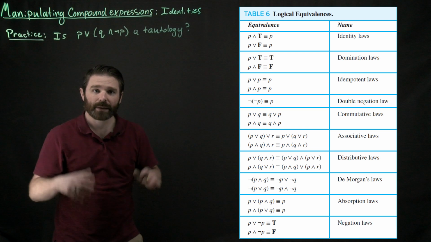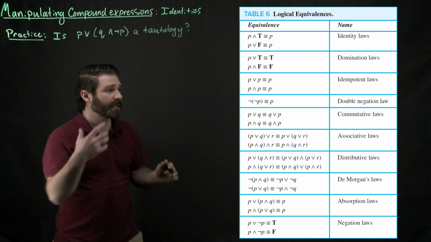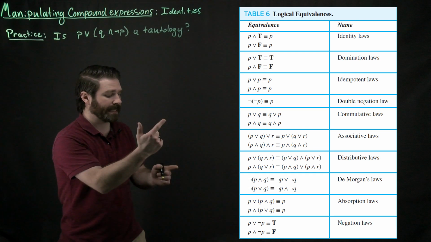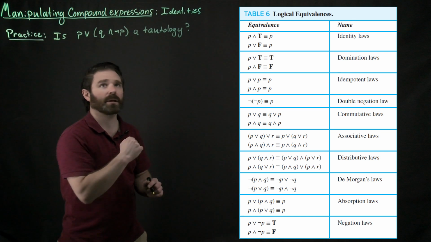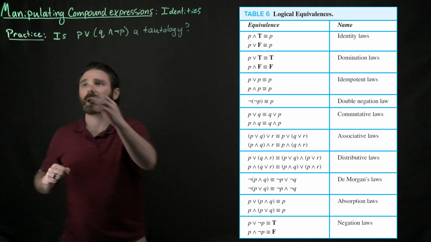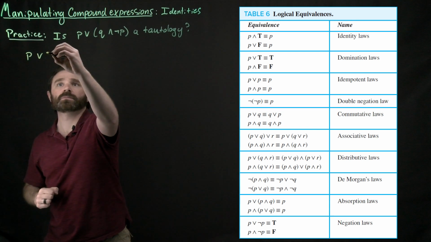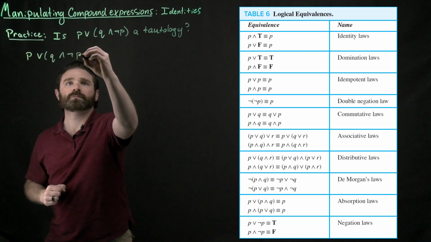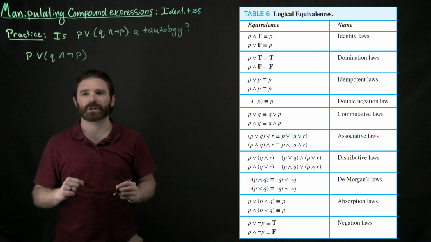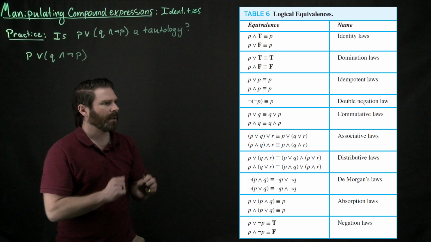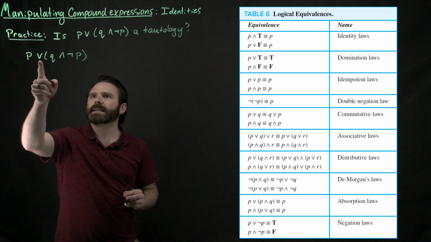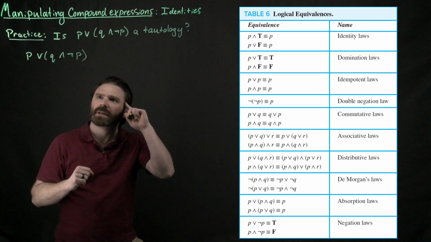But remember, we're trying to abstract things away and get away from truth tables. So instead, let's use these identities over here to see if we can prove that this thing is a tautology. So again, I'm going to write down this expression. And I have this expression right here. Fantastic. Well, looking at my identities, I see an or and an and,